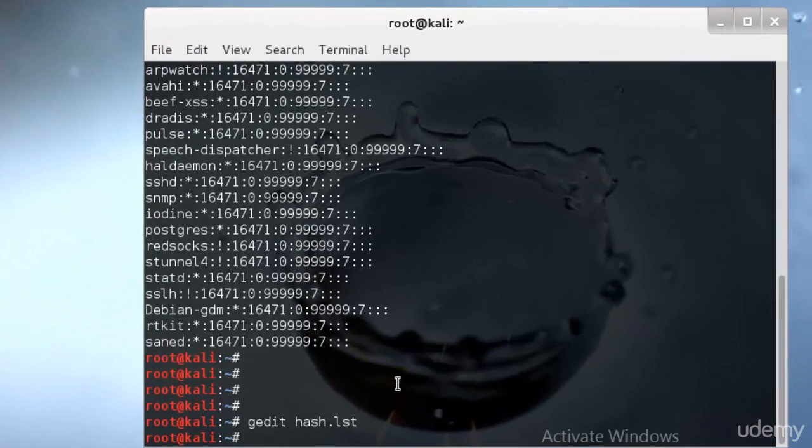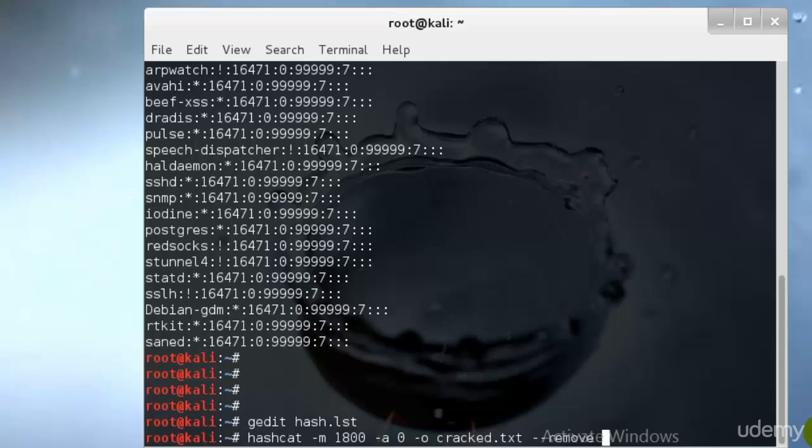Perfect. So now through hashcat we will use a command through which I can crack that. So I'll just type hashcat, and if you are unable to crack something, don't be frustrated or disappointed, because that happens a lot of times. It just takes practice and experience to use the perfect characters to crack that. So this is the specific cracked.txt, and